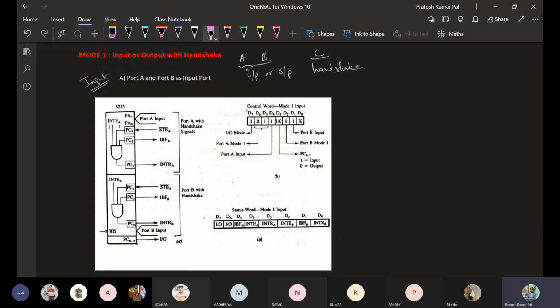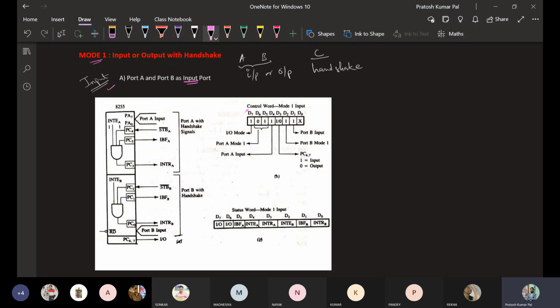D1 indicates port B. If port B is working in input mode, then D1 will be 1, and this is mode 1. For mode 1 of port B, the D2 bit should be 1.